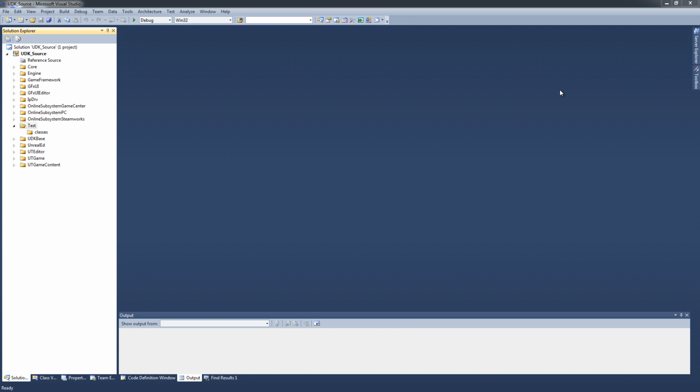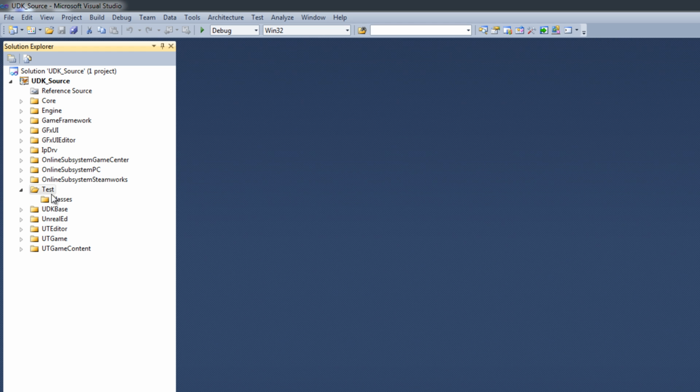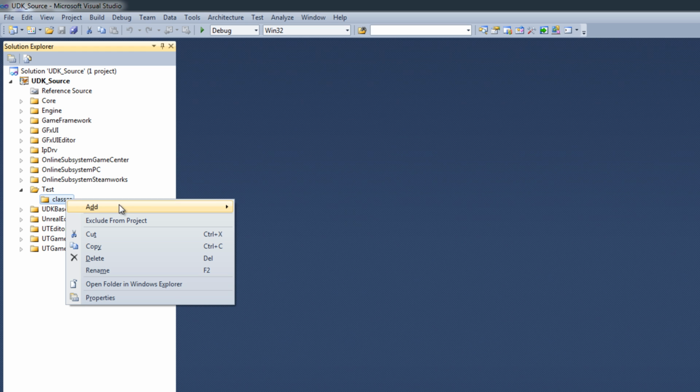Now I'm going to create a new class to represent my new light type. In Unreal Script, one class corresponds to one source file, meaning that since I'm going to be creating only one class, I'm going to be creating only one source file. So I'm going to right-click here on the folder Classes, and I'm going to select Add and New Item from the context menu. I could also press the keyboard shortcut